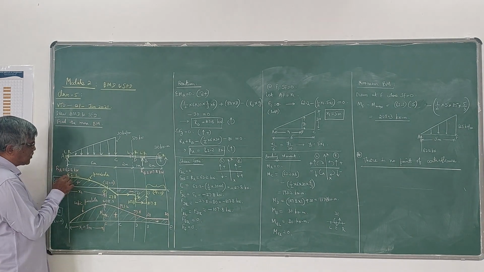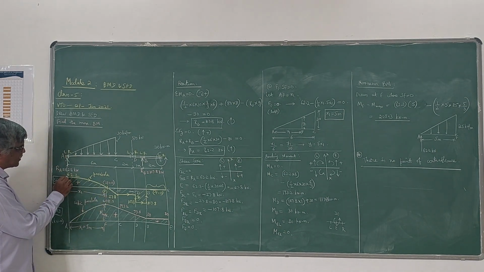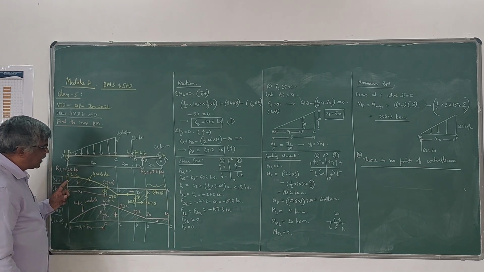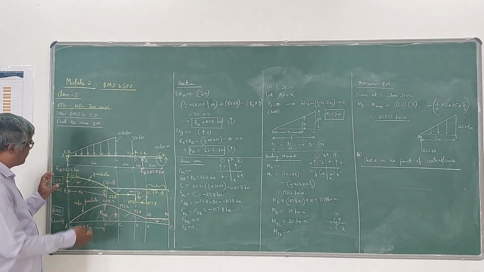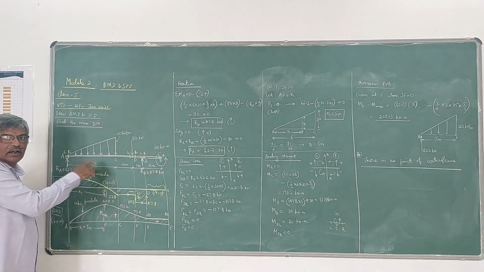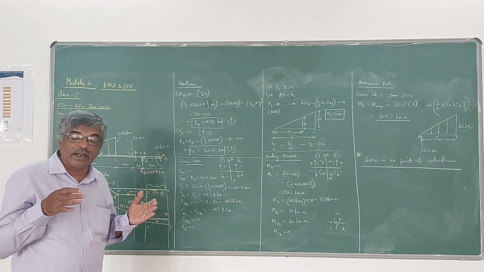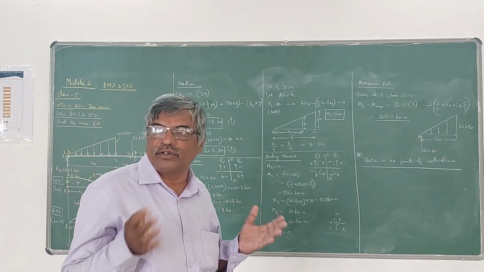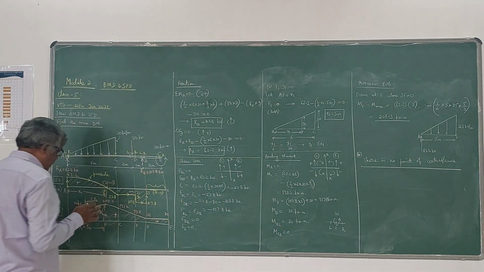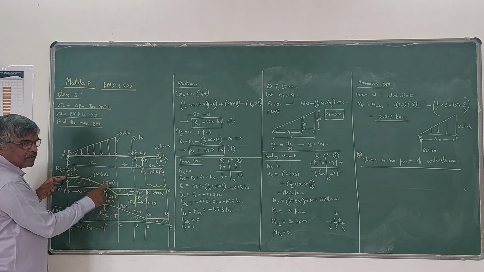Here the value 62.2 has come down to minus 27.8. That means this difference, 62.2 minus (minus 27.8), comes out to be 90. The distance between these two points is 90. The 90 is nothing but this total triangular load, half into 6 into 30. Just like a UDL, for a triangular load you take the area of the triangle, which gives the total concentrated load. So from here to here, there is a total load of 90, represented by this curve.